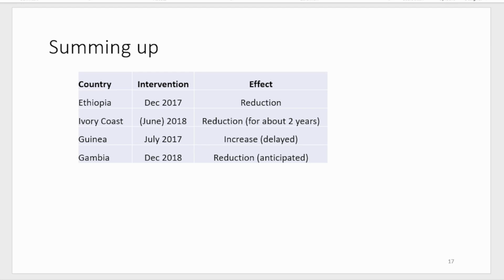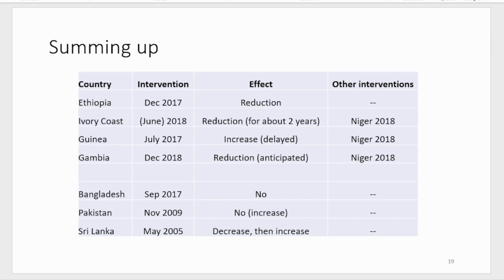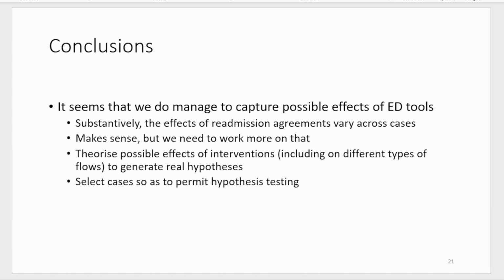So it may vary across countries, which makes sense, but we need to work more on that and theorize, like I was saying, the possible effects of the interventions, including on different types of flows. Because again, asylum seekers probably should have tested this on irregular arrivals first, because asylum seekers is not exactly a flow of arrivals. It is a flow, a slightly different thing, which also incorporates administrative lags and so on. Anyway, we need to theorize on the effects of these interventions and think about possible effects in different types of flows